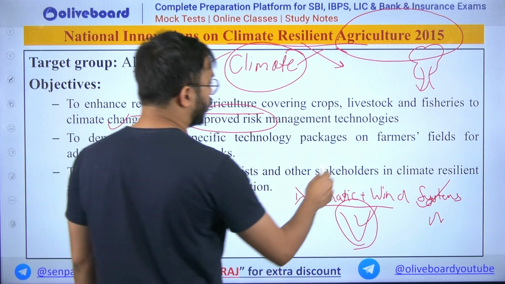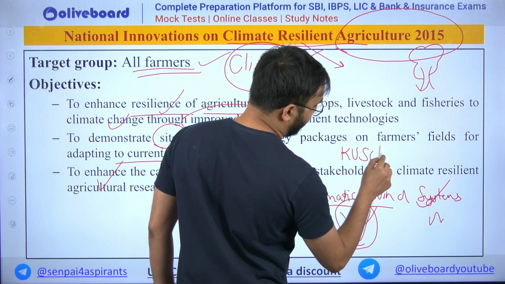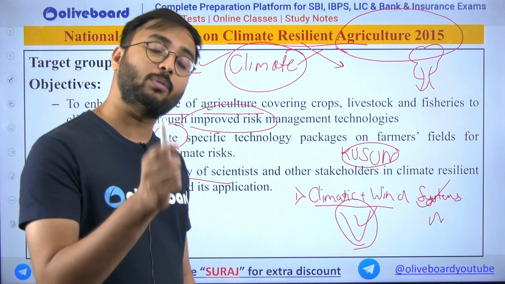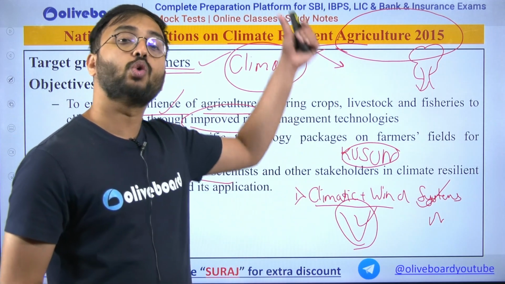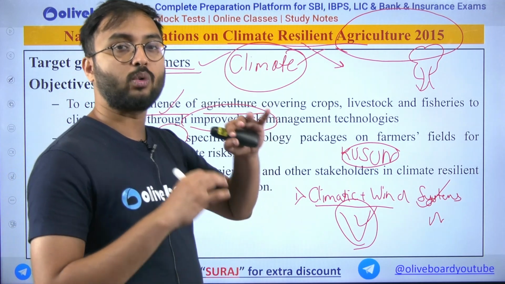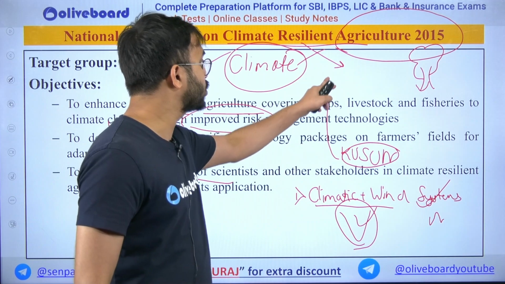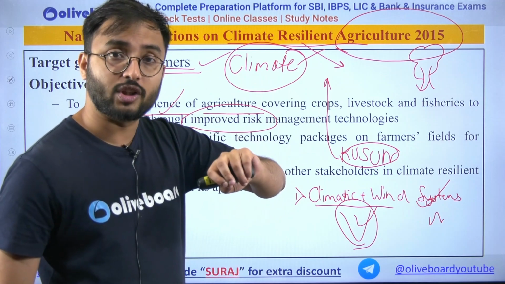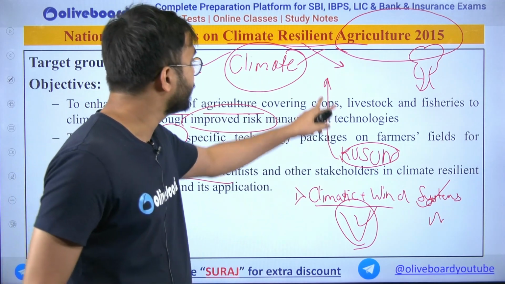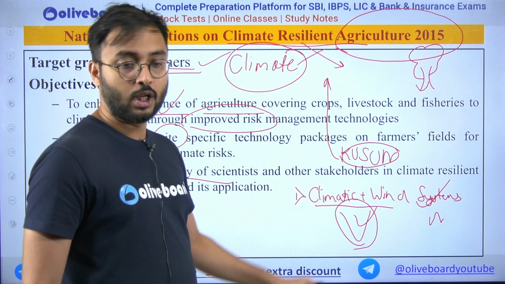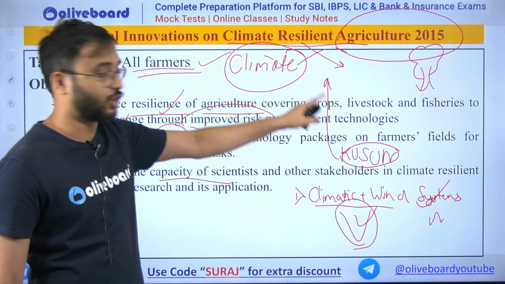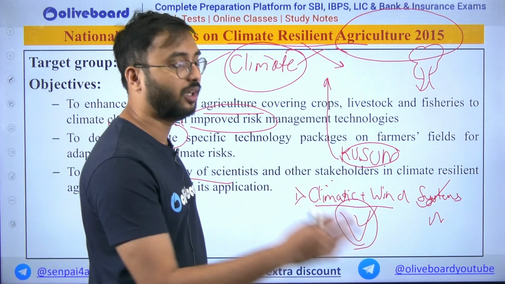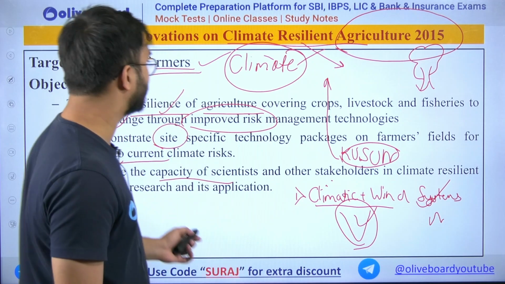For example, under Pradhan Mantri Kusum Yojana, we are providing agricultural water pumps which are driven not by electricity but by solar energy. Now this shows how technological adaptation is done so as to reduce resource use, increase fuel efficiency, and more importantly give a spur to renewable energy, solar energy, which we are using here. So in this way, this is called climate resilient agriculture. Here PM Kusum pumps are used for providing groundwater irrigation to the agricultural fields. I hope you get the example which I am giving.